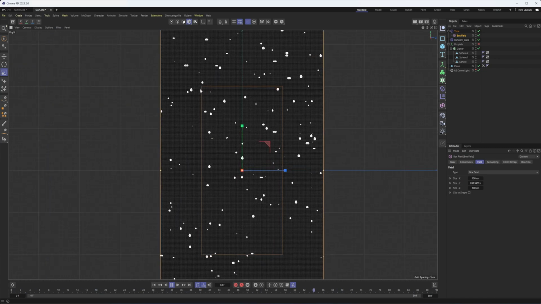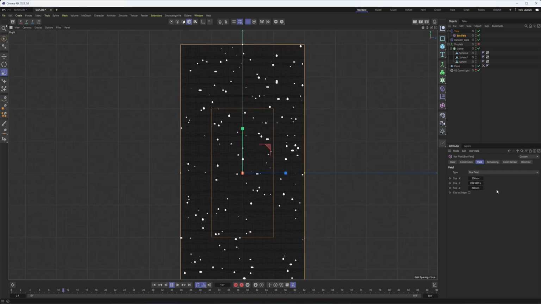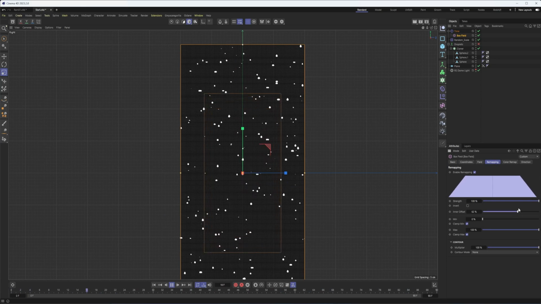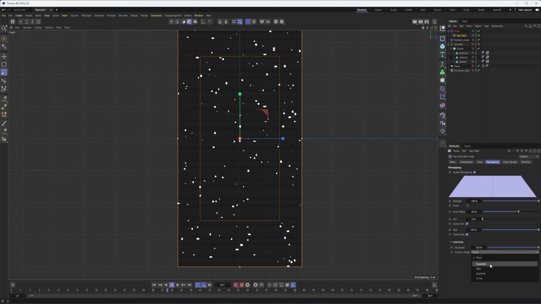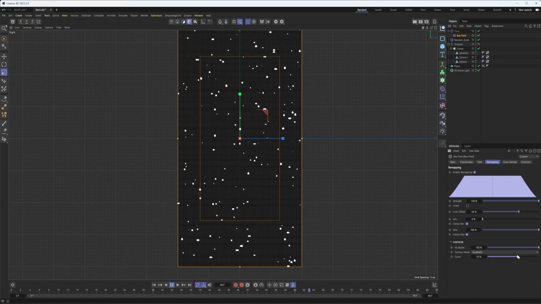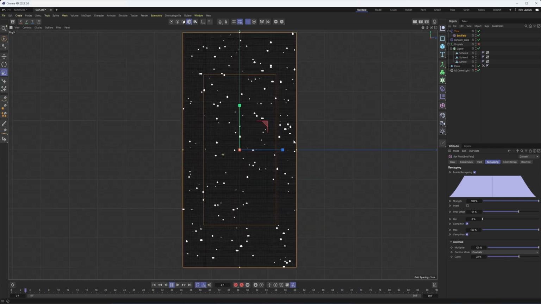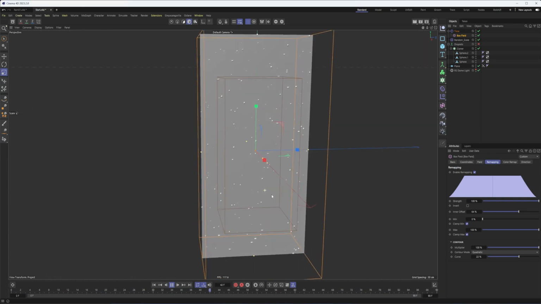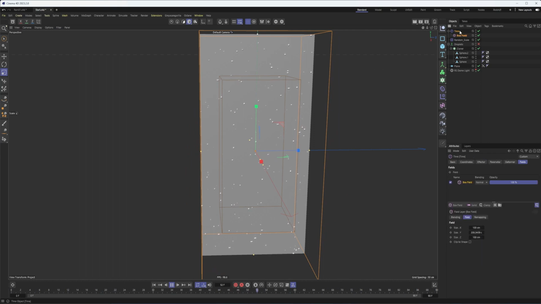And now you'll see that I'm getting the majority of the movement inside our middle. That's where the effector is being applied 100%. I can switch to the remapping tab if I want to make this a little bit larger. Okay, so that's looking pretty good. Maybe even switch the contour mode to quadratic just to make that falloff a little bit less linear. So that's looking good for our movement. Once again, you could use more movement, less movement, entirely up to you. But right now, everything is moving the exact same amount.